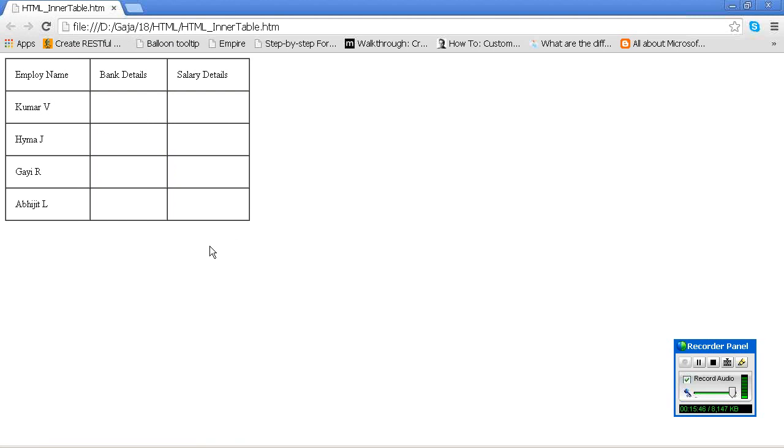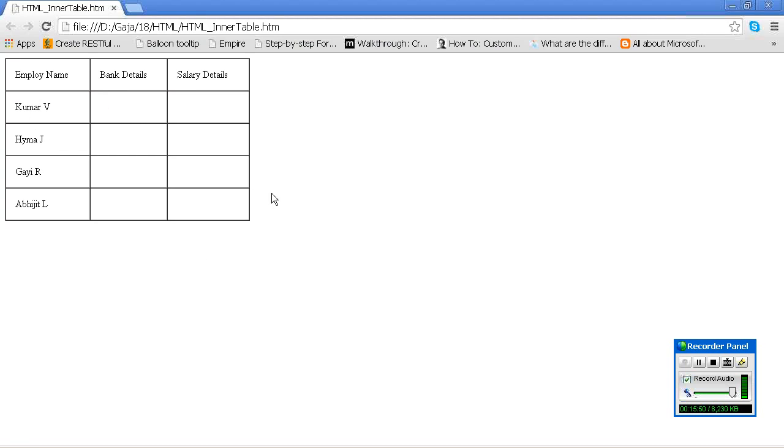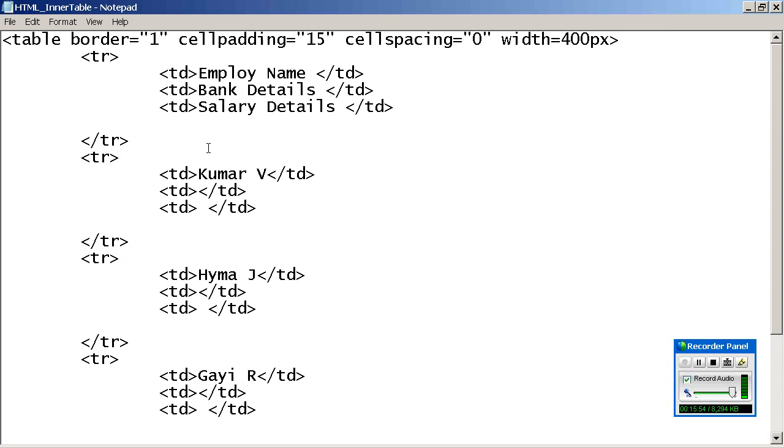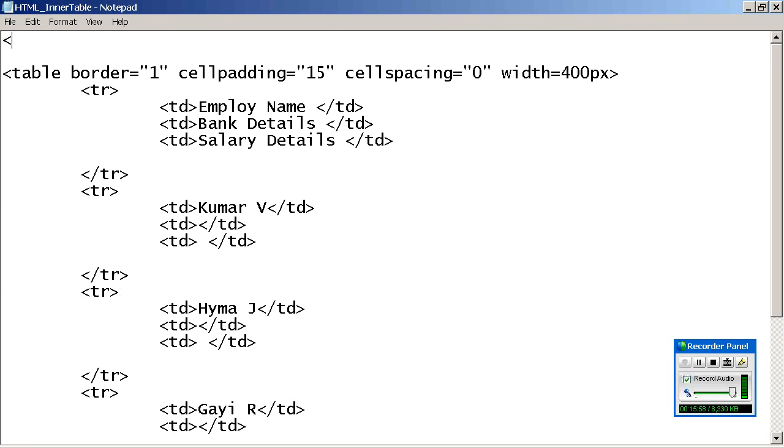Okay? And you know how to change the font color and all. You can use font type, and I want to use the font size, 20 pixels.